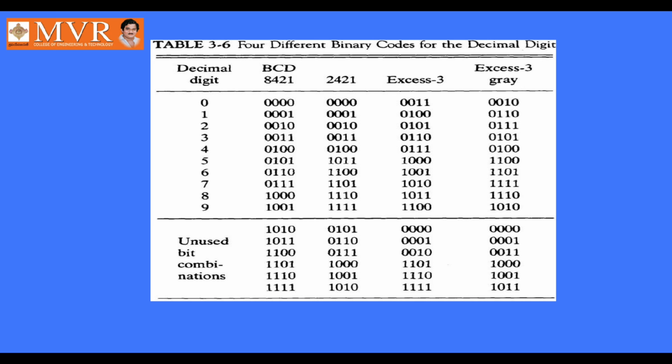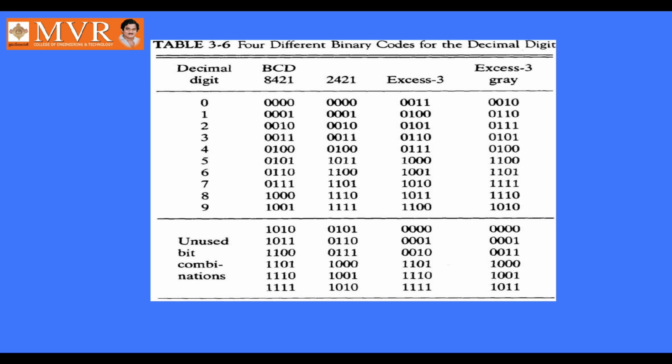In the same way, in the XS3 code also there are 0 to 9. 6 combinations are given, because if you add 3 to 9, you will get 12 only. So that's why there is no binary equivalent of 13, 14, 15 in XS3 code. Only up to 12 we have restricted, because 9 plus 3 is 12, 8 plus 3 is 11, 7 plus 3 is 10, like that. And the starting number starts from 3, because for 0 if you add 3, you will get the decimal value 3, which is equivalent to 0011. That's why from 3 to 12 XS3 codes are there. That's why there are again a total of 6 unused bit combinations in XS3.